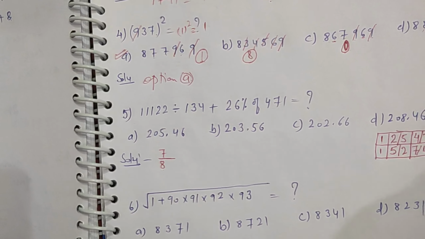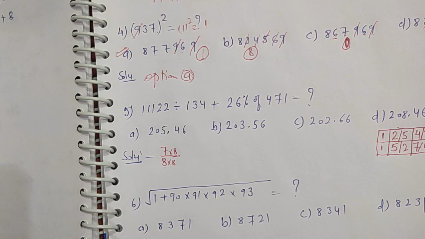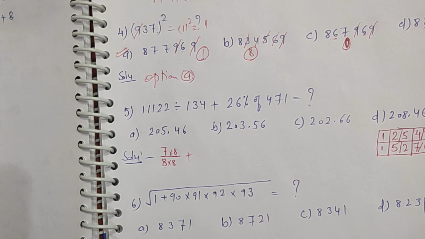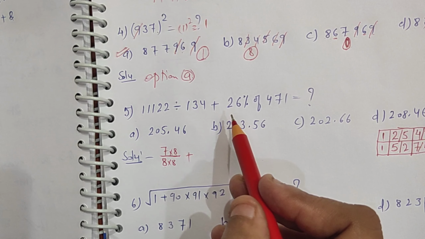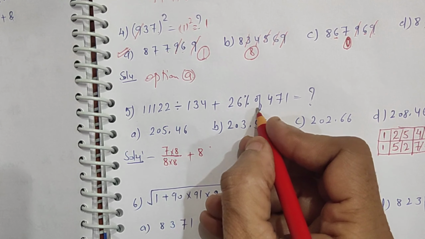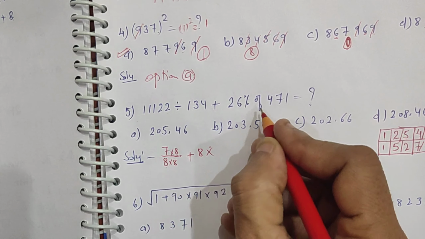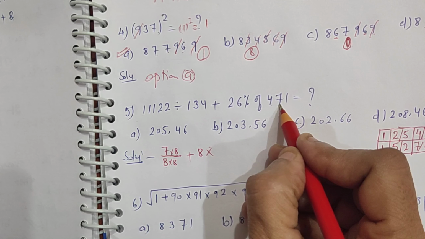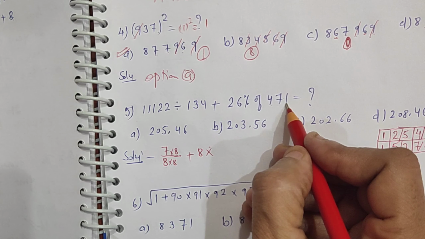So as you can see here we are having 8. So I can multiply it by 8, and here also 8 to make it 1. Now plus, next is 26%, right? So 26 means 6 plus 2, that is 8, right? So 8 upon 100. Upon 100 means 1 only. So I don't need to write it. Of, multiply 4 plus 7, 11. 11 plus 1 is 12. 12 means how to write? 1 plus 2, right?